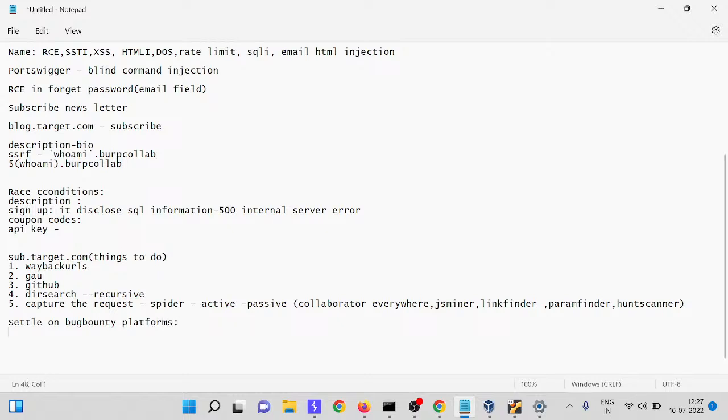So number one, choose any platform. Second thing you need to do is create two accounts. One is main, second for test. So why I'm saying this,